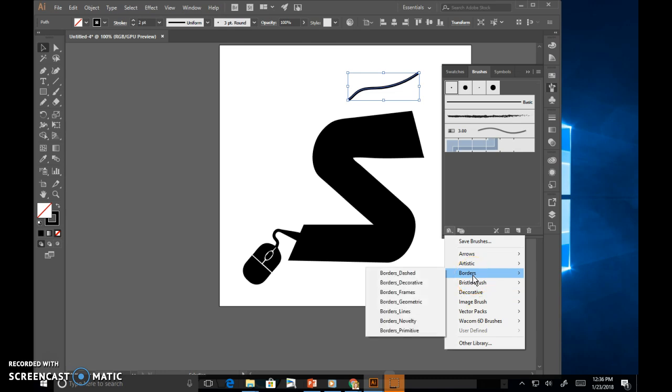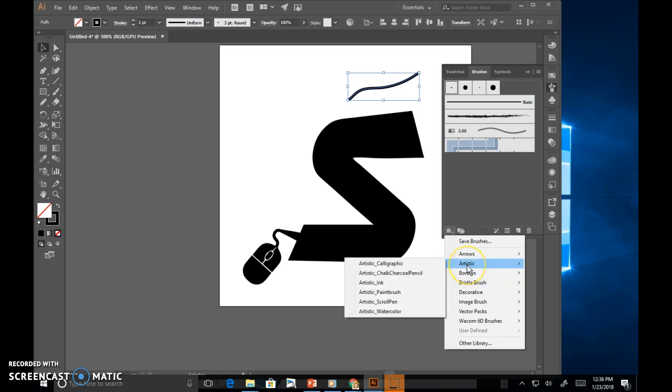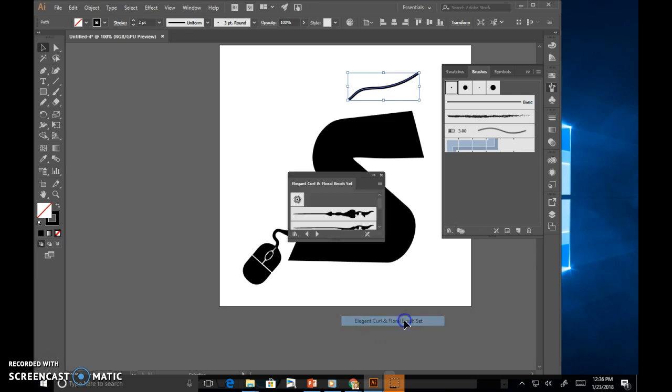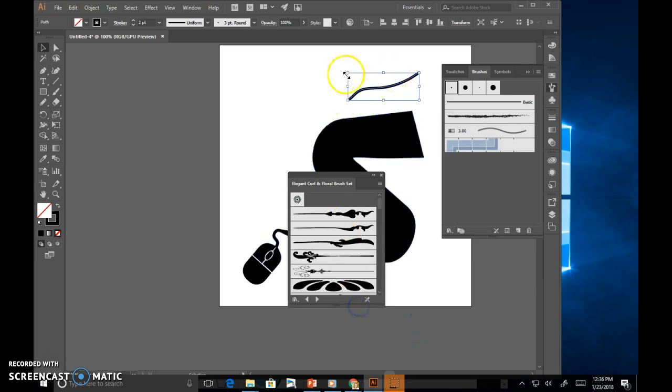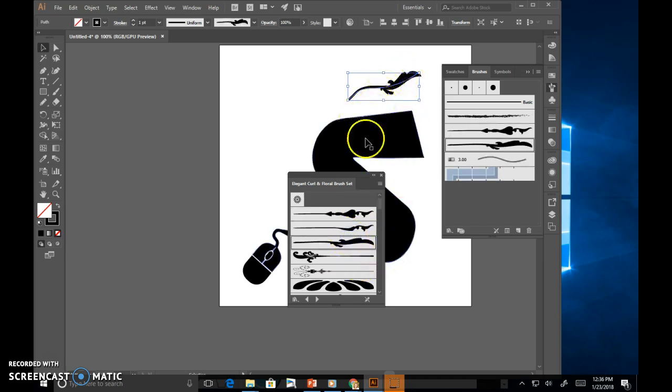Well, actually, borders are better for rectangles and that sort of thing. So we'll go to decorative. So decorative has like scatter, text dividers. I'm just going to do the elegant curl and floral brush set that pulls up these. And while you're clicked on a line, it will stretch this along the line. So like I can create that kind of a little thing there, or I could punch that out from my shape if I wanted to,